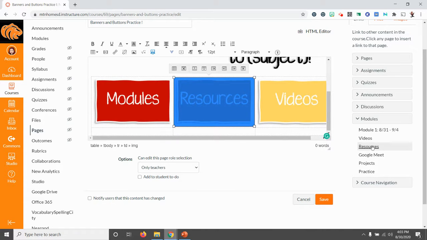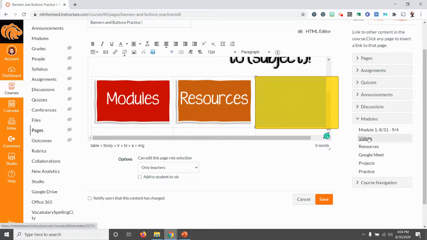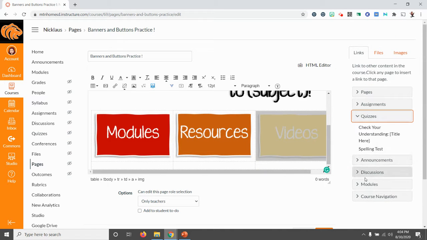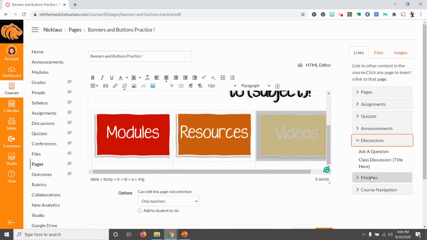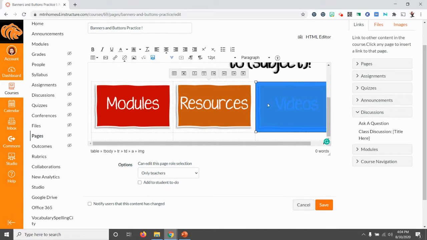I can go to each one. Here's my resources, my videos that I've added to my modules. Okay, and then hit save. There's other features here that you can link it to, but for these ones, I just made different modules for each one as kind of a cache for all the different areas that they might need to go to. So I'm going to click save,